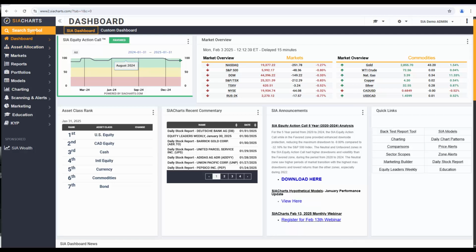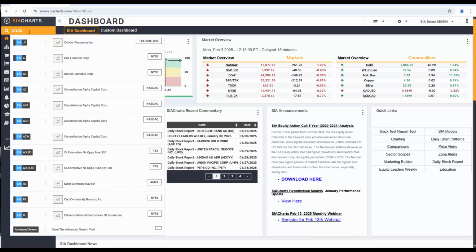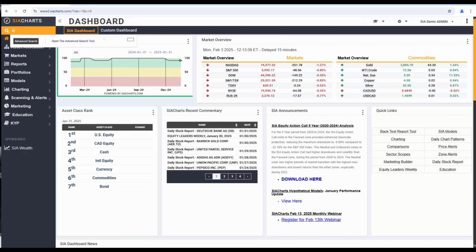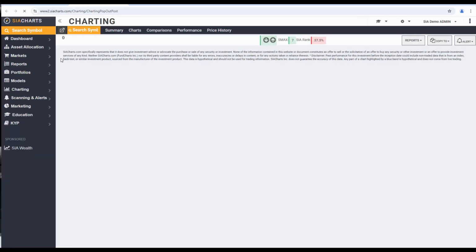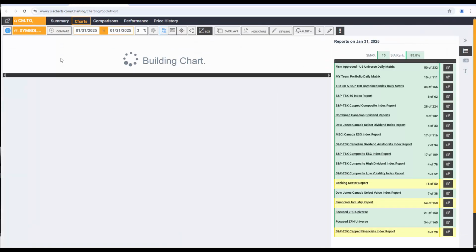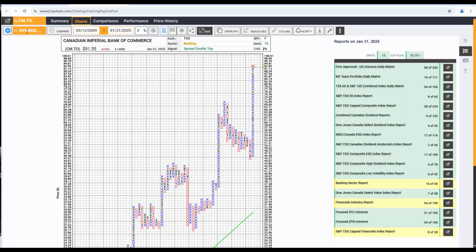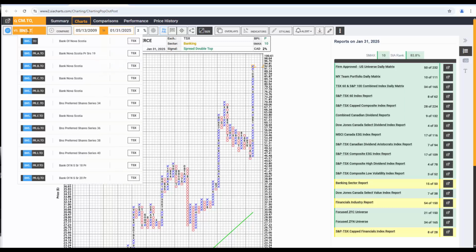To perform a comparison chart, here in the symbol search feature at the top corner, type in your first symbol, in this case CIBC, and select it. This will direct you to our charting tab. Next, type in the second symbol in the versus symbol box, Bank of Nova Scotia,